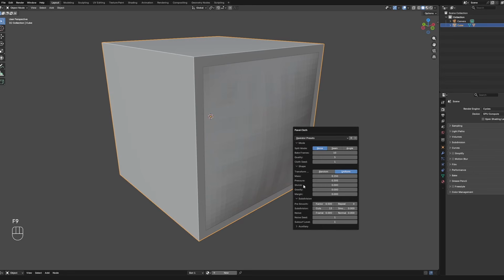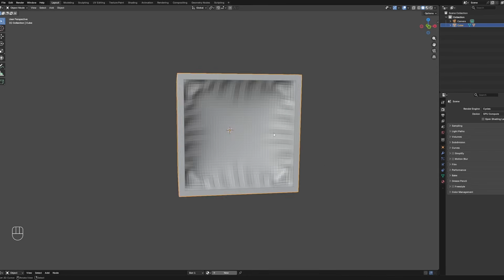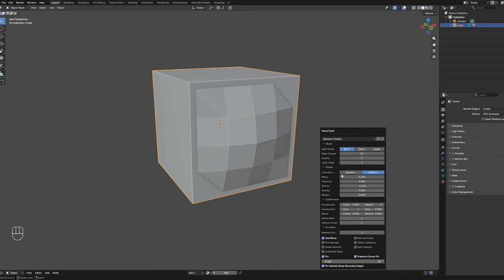Oh, it's possible. Wait, sorry about that. Remove faces and this one. We can flip the normal and you can have this effect. Versus if we keep the faces,